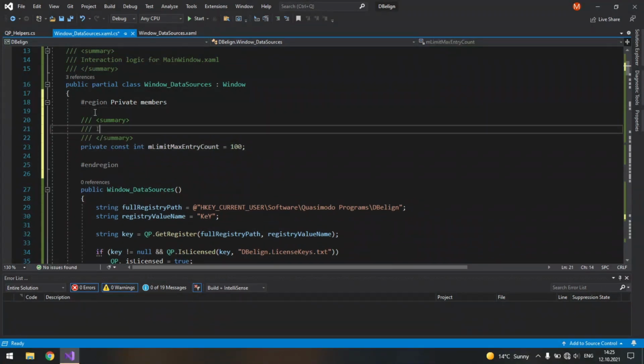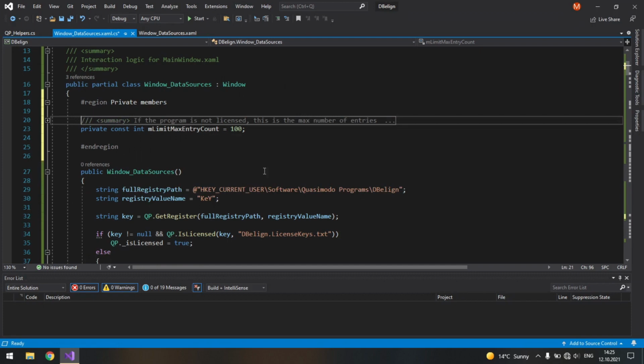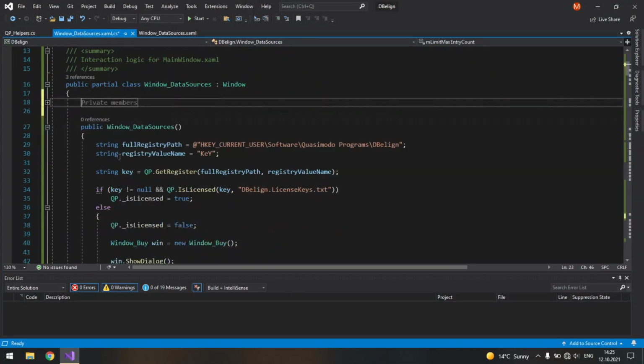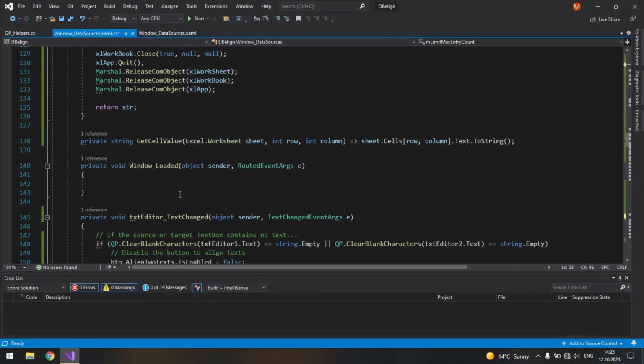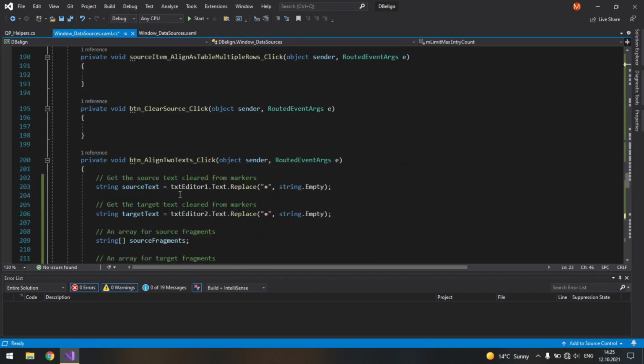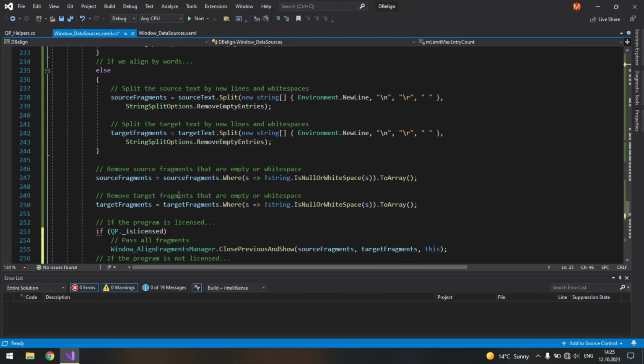So let's leave a summary. If the program is not licensed, this is the max number of entries to work at a time. So no matter how many fragments you have, if their number exceeds 100, only the first 100 elements will be taken into account. So, well, it's just my own limitation. You can design whichever you want.